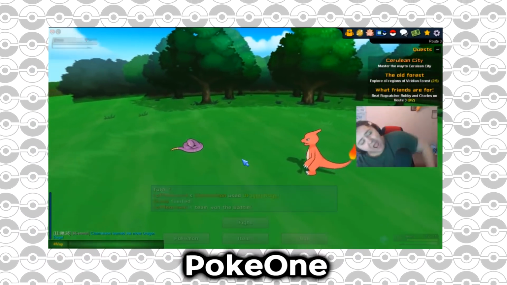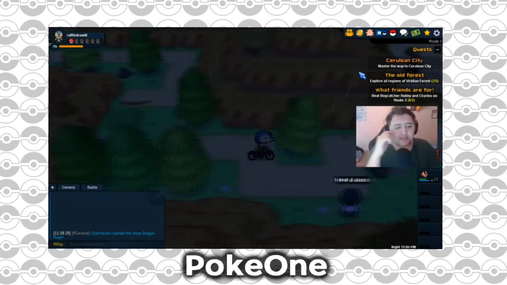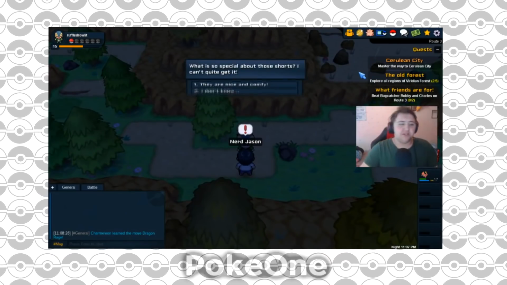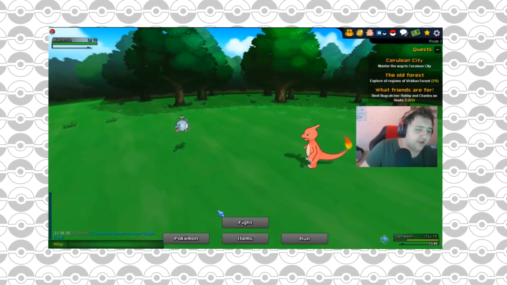But anyway, guys, that's going to be the end of the video, and before we end this, I want to make sure to point this out. PokeOne is not able to be downloaded yet. The only way to get access to PokeOne is by joining their Discord and being active. There is no direct way of getting a link or a download. The game will be out sometime